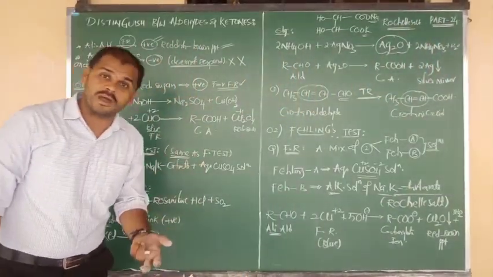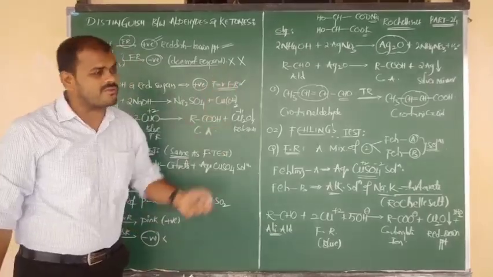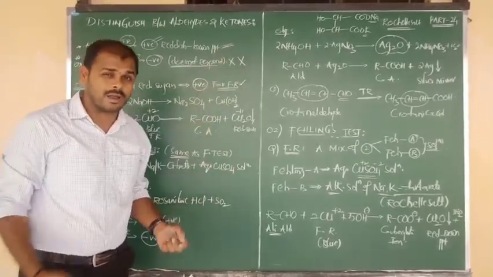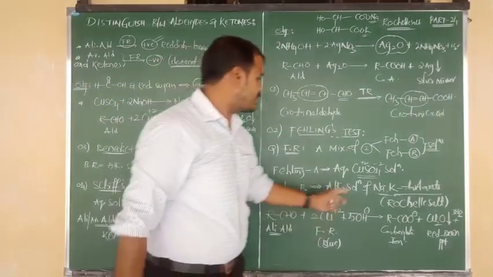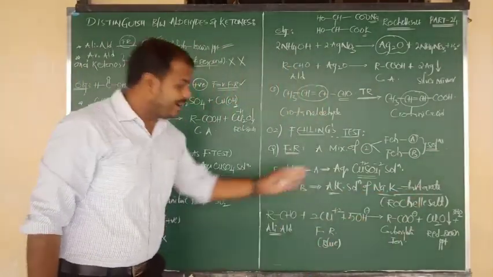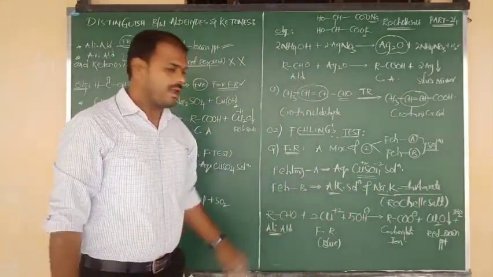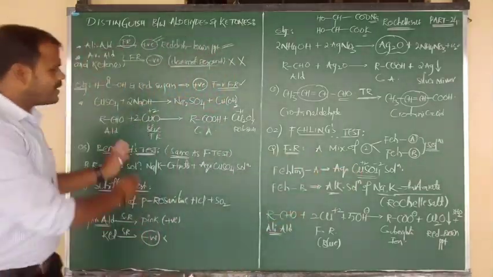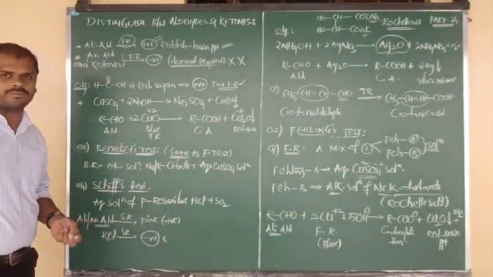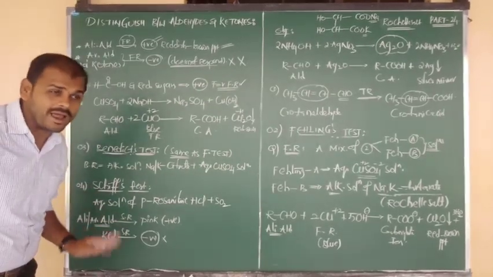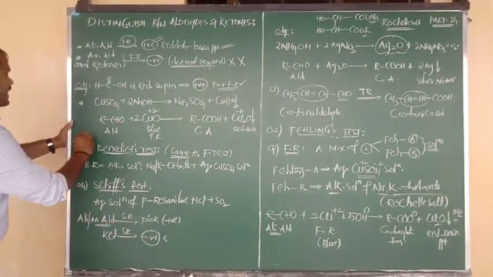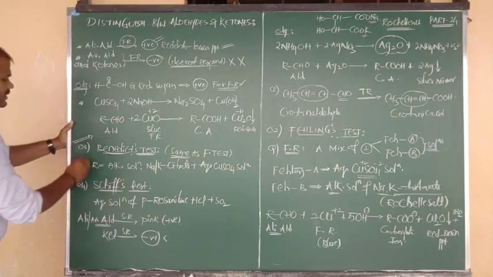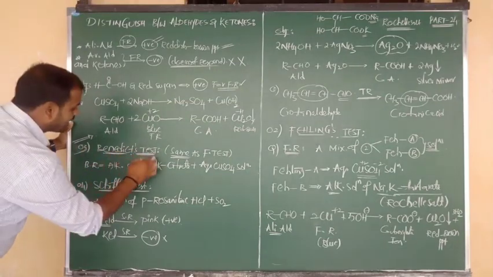They may ask you an objective question on what is the formula of Rochelle salt, so try to remember the formula. What is the chemical name of Rochelle salt? Sodium potassium tartarate. It is used as Fehling B solution. When it is mixed with copper sulfate, you will get the Fehling reagent. And how the reactions are going on, I have told you already. Okay? Good. So in the identification and distinguishing methods, method number 3 is nothing but the Benedict test.